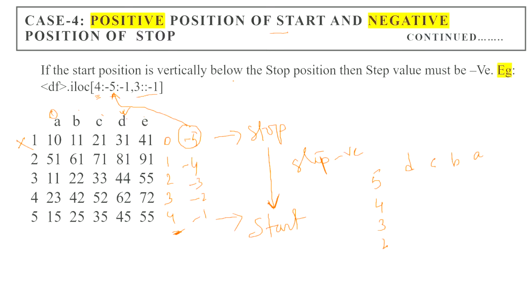So if I write the position 0, 1, 2, 3. So at 3 what we have? We have D. So 3 minus 1 it is 2. At 2 what we have? We have C. So C came. Then 2 minus 1 is 1. At 1 we have B. 1 minus 1 is 0. At 0 we have A. So corresponding value also we need to write down. Is that clear? So